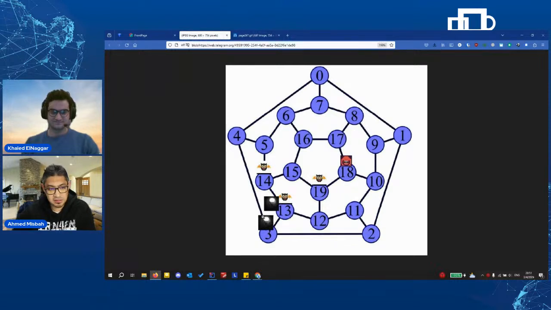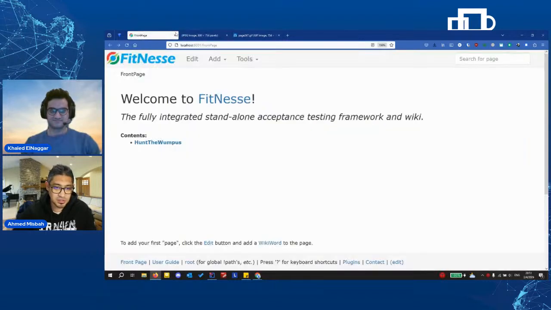So those are pretty much the rules of the game. There are more rules, but I think this is just enough rules for Khaled to be able to show you the acceptance tests that we have written with FitNesse and Cucumber using Cucumber to test the game. So yeah, Khaled, back to you.